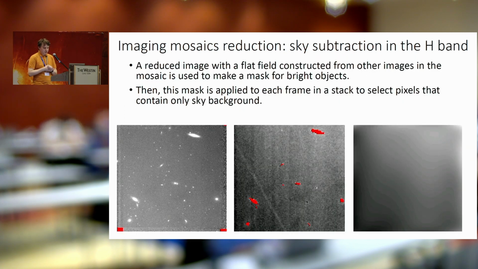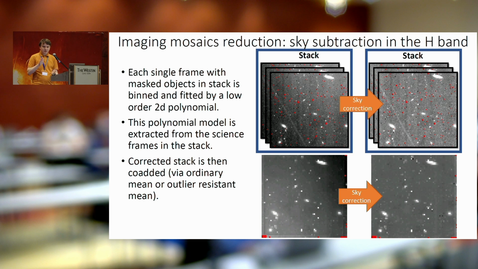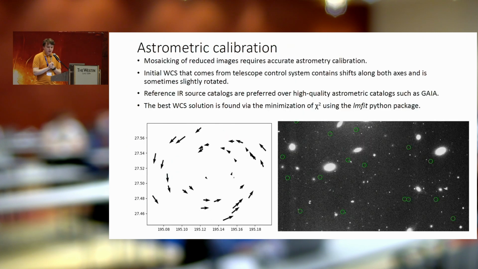And after this procedure, we applied this method to each frame in a stack. We collated all images in a stack, and here you can see how sky correction improves the global pattern of sky background. Okay, we have done some data reduction, but for making imaging mosaics, we need to have an accurate astrometric solution